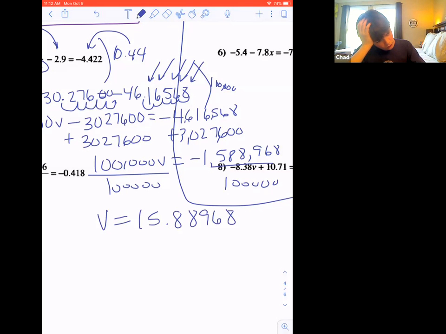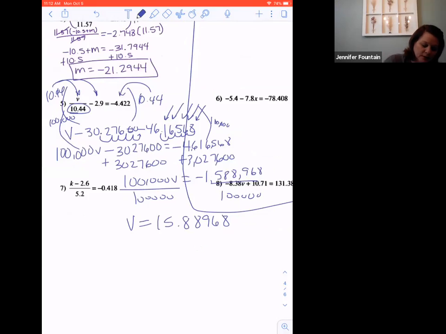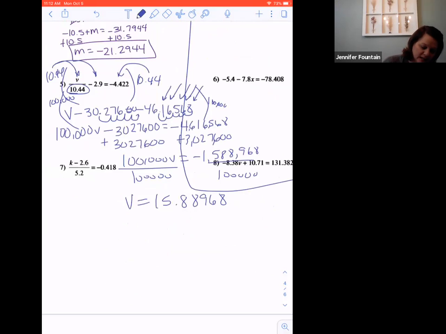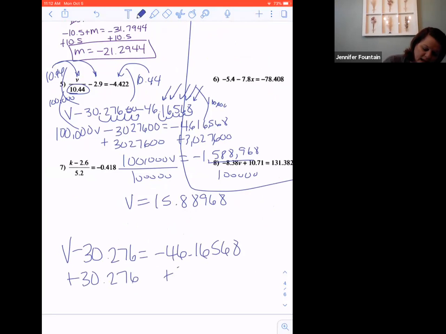If you didn't want to do that, then what I'm going to do is jump down here and show you we ended up with v minus 30.276 equals negative 46.16568. So I would add 30.276, add 30.276, and v equals, I go to my calculator, I've got a negative plus a positive, take the sign of the larger, find the difference. So I'm going to have 46.16568 minus 30.276 equals